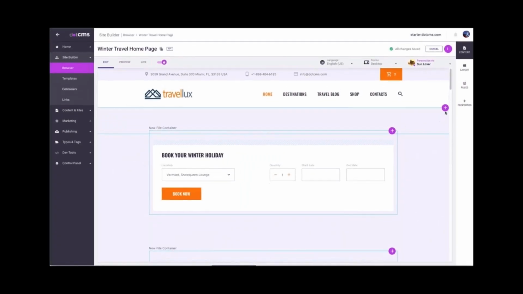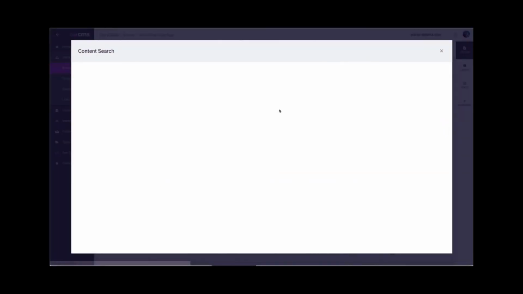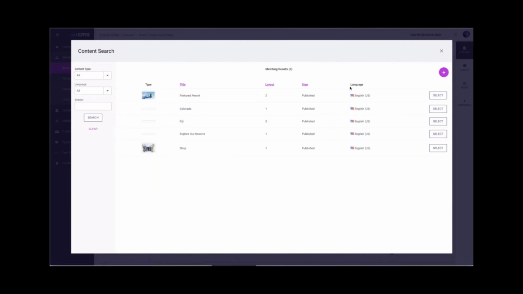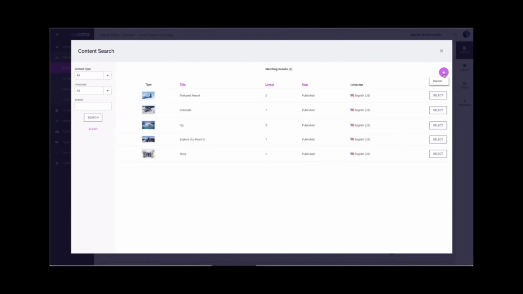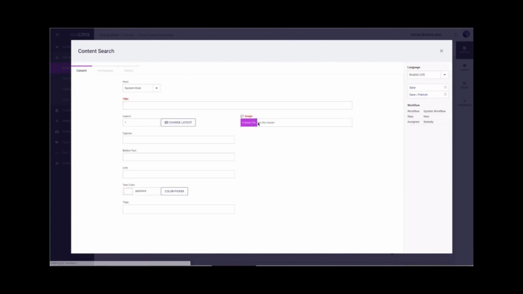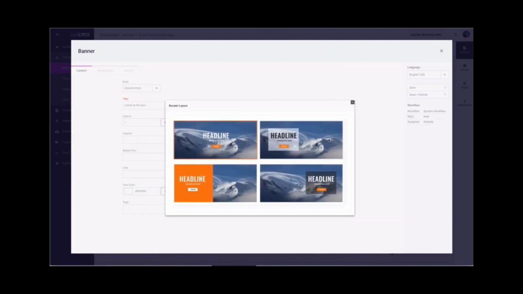And I'm going to say, okay, we want a new banner, and I'm going to create a banner. Let's call this Come to the Sun, and have different layouts.